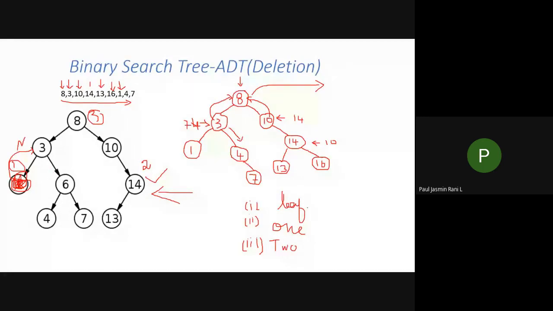If it is a leaf node, you are just going to put a null in the place of that node. Say suppose let us consider this diagram, binary tree. If I want to remove this 16, because this belongs to case 1, that is a leaf node, what will I do? Instead of having the right child address, the right child of 14, I am going to just mark it as null.